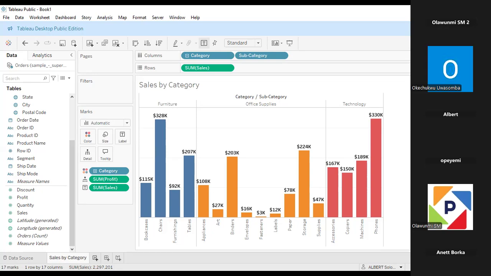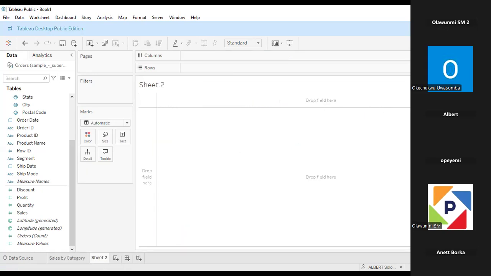A new worksheet. That's correct. So let's open a new worksheet and say okay. So here now we have a new worksheet. Now this is where it becomes easy. It becomes easy because we have already done some work from the beginning of our visualization. So we just have to continue